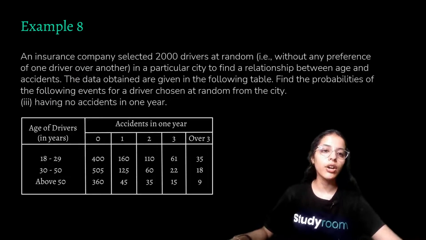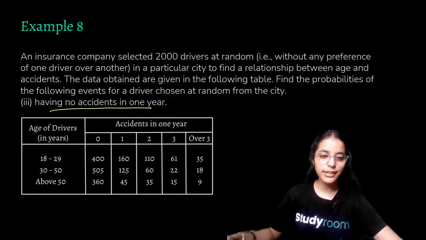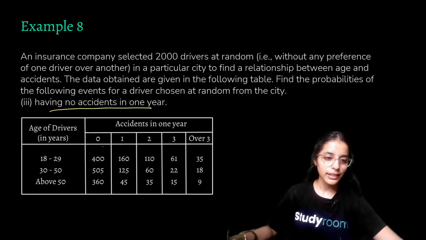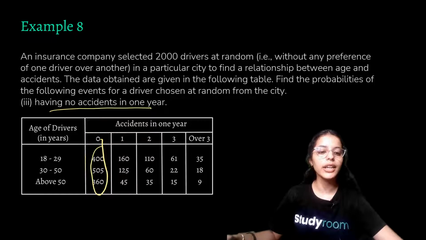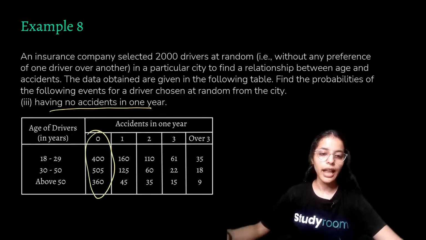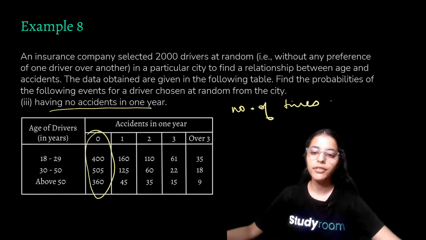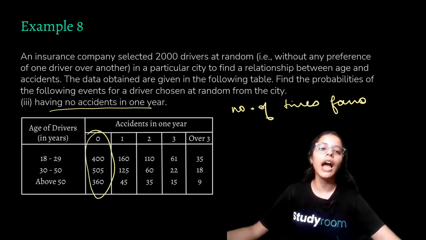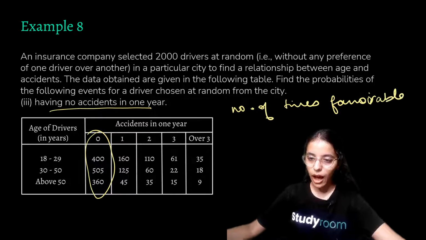Now the third part of this question is that a driver is chosen such that he or she has no accidents in 1 year. So no accidents in 1 year. That means the sum of all the no accidents. There is no limit on age group, right? So we'll have our number of times our favorable outcome has come, or our event has occurred. All the same thing, favorable outcome